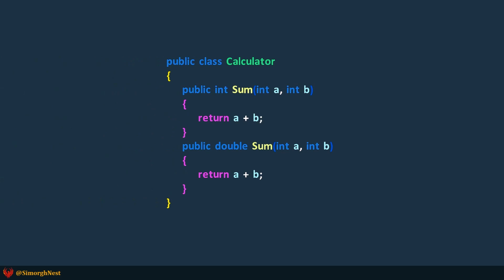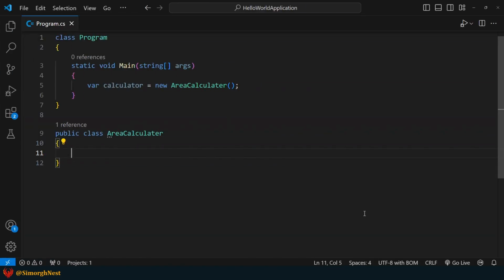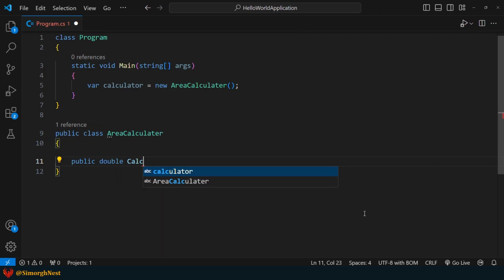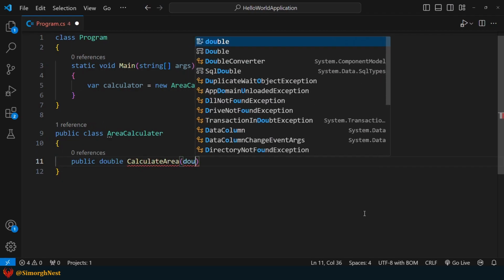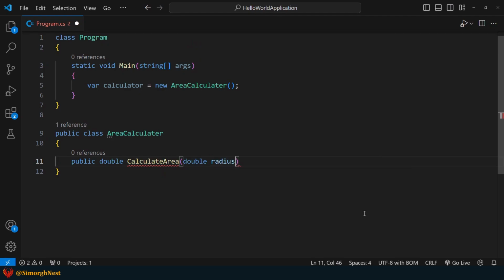Alright, let's open up the VS Code to see method overloading in action. Here, we have a class called AreaCalculator. Now, let's define some methods. The first calculateArea method takes a double for a radius and calculates the area of a circle.